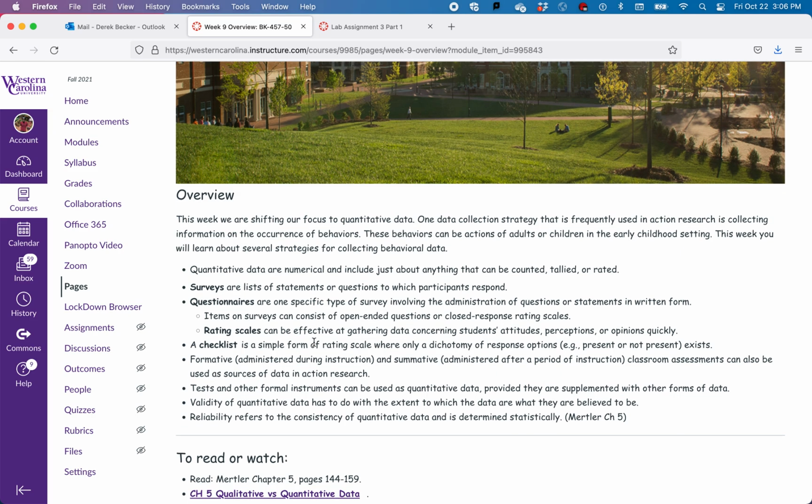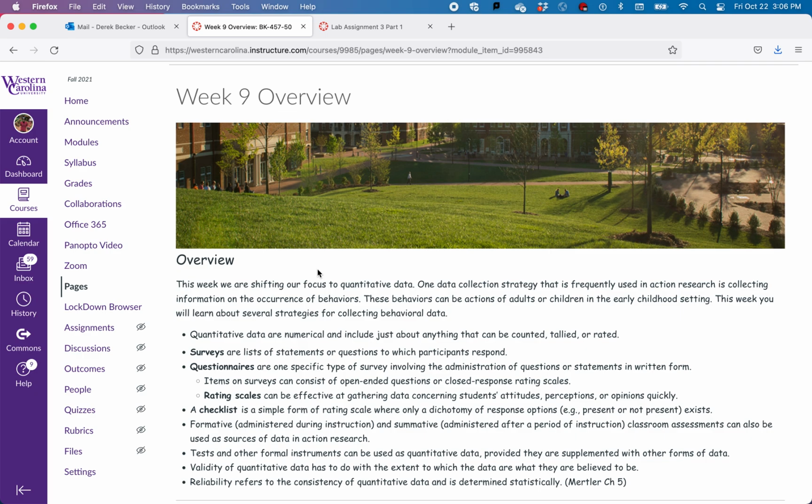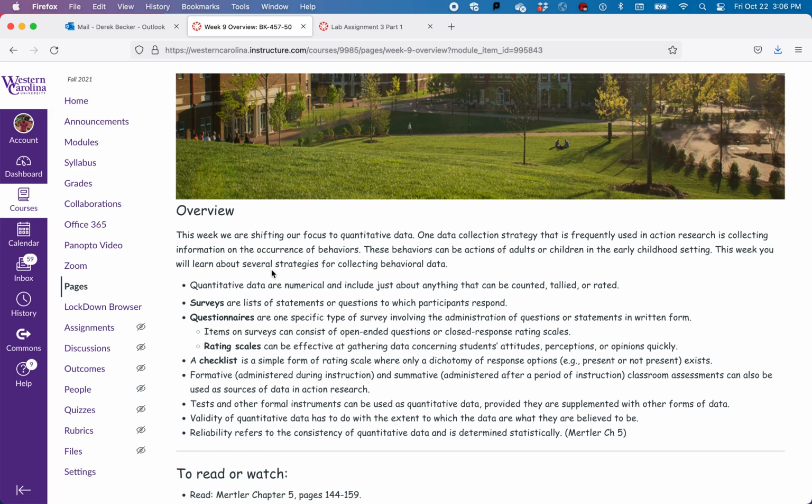So this is just a quick week 9 overview, giving you some information on the lab. I just want to make sure everyone's on the same page. Information from the book about